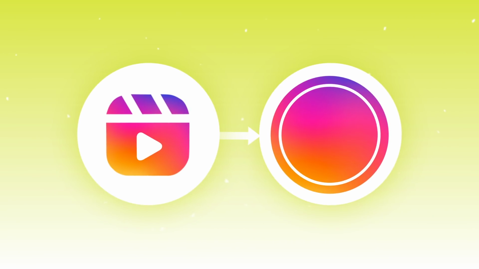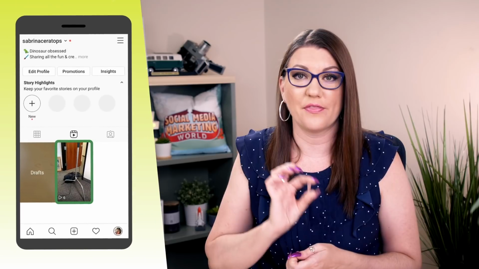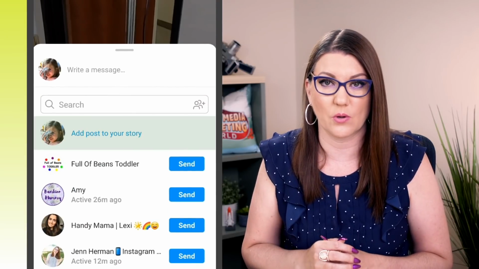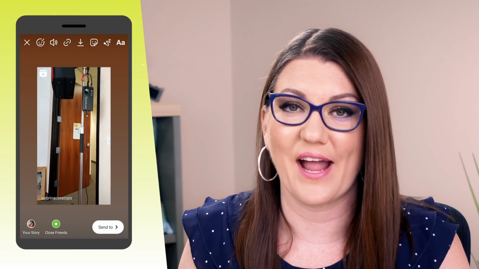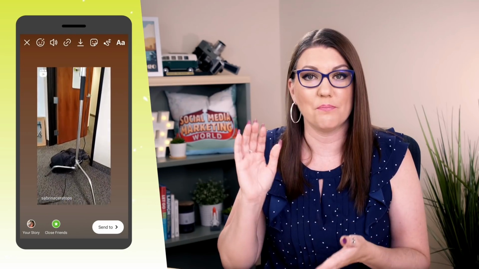You can actually share a Reels to your story and add all the normal story features. Select the story. At the bottom of the screen, you'll see the like, comment, and share icon. Tap on the share icon and choose the option to share to your story. This will put the Reels in there as a separate video, not a full story, and you can pinch and zoom to make it smaller, larger, fit within there.